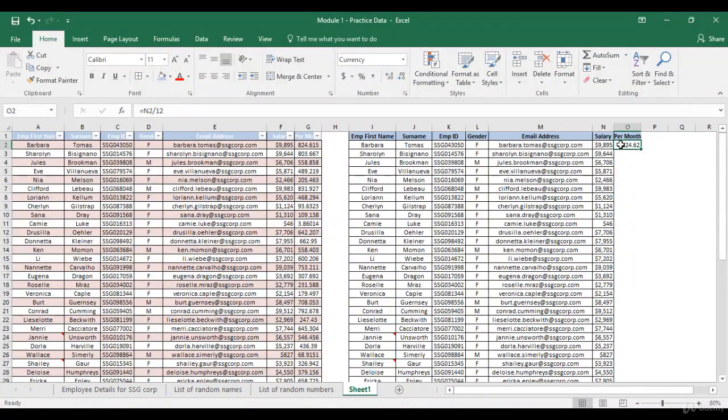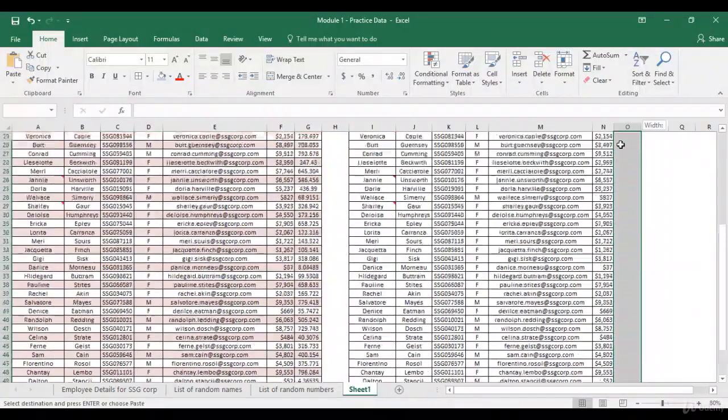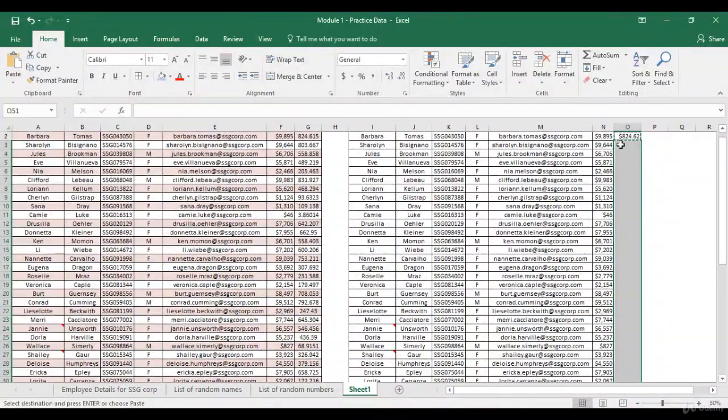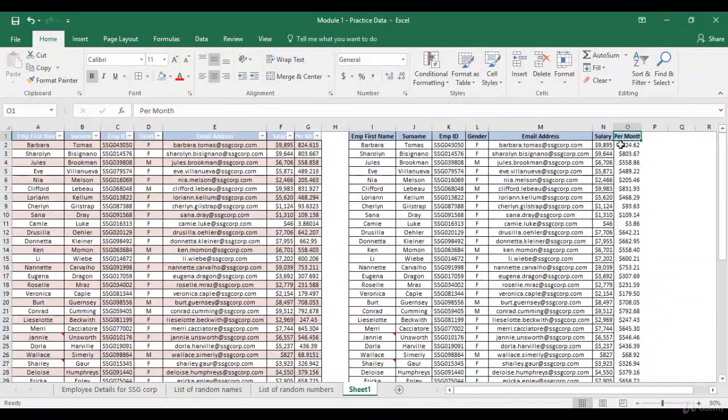You'll have to do a Control C, go all the way down, select all the way up, and then paste. Whereas over here it got automatically populated. So this is another advantage of having a table as compared to a data set.